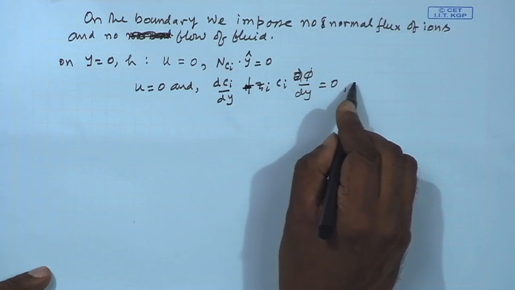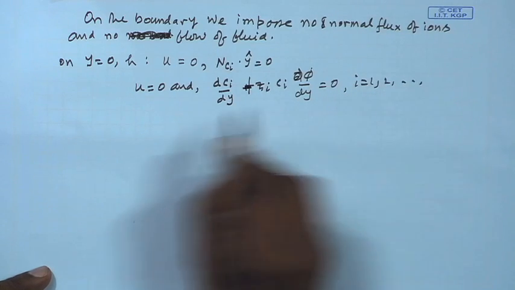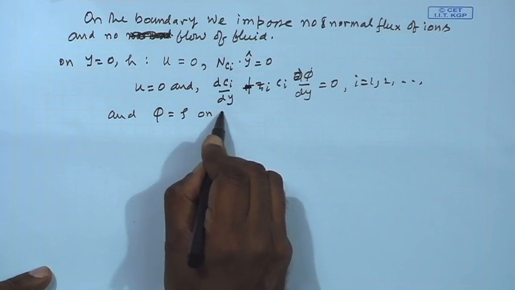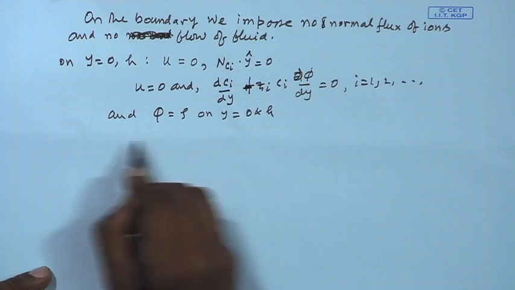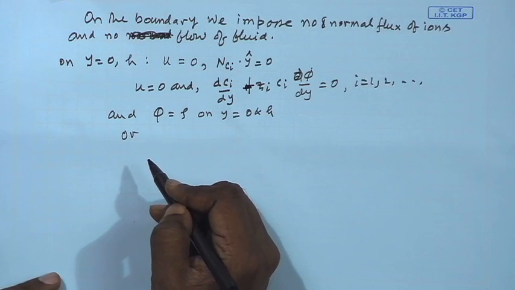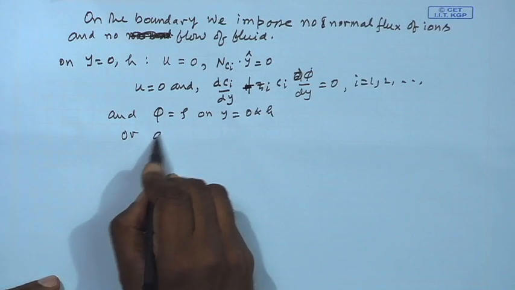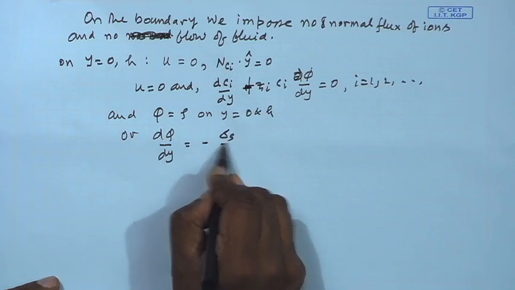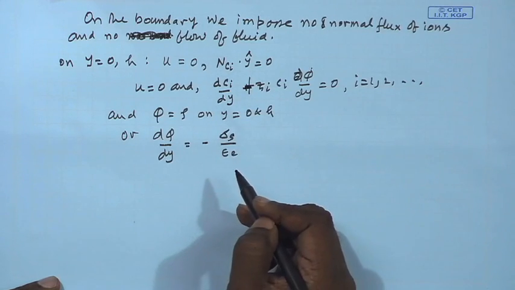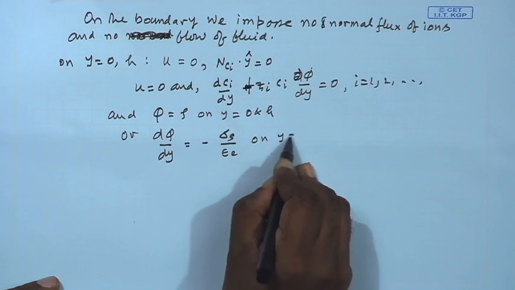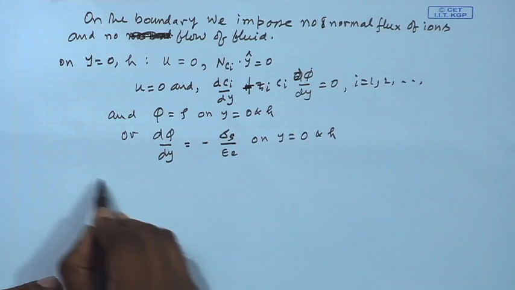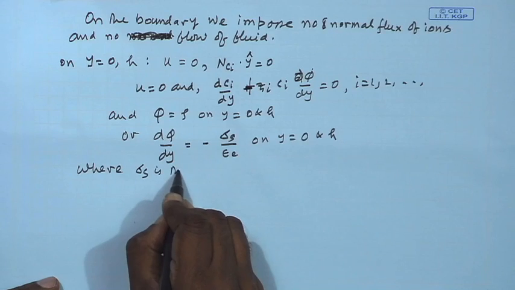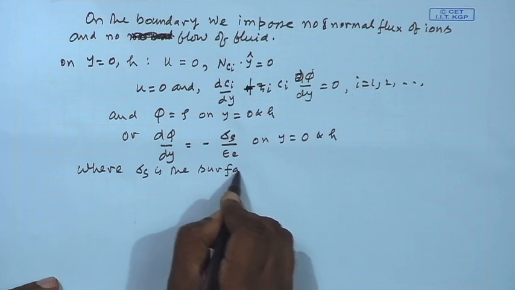So this is for i equal to 1, 2, etc. And you have phi equal to zeta on y equal to 0 and h, or you can have the condition of charge density, that is d phi/dy equal to minus sigma_s by epsilon_e on y equal to 0 and h, where sigma_s is the surface charge density